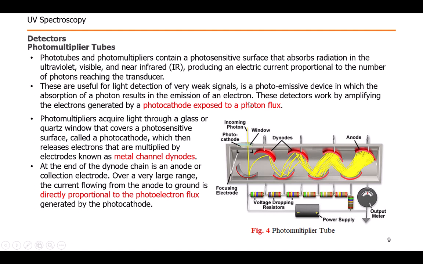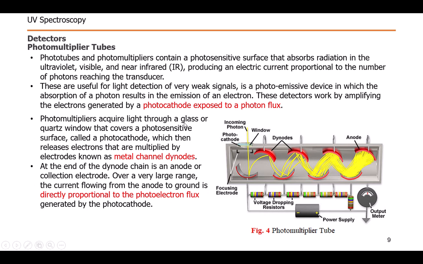The emission of electrons is amplified through a series of diodes, and then it is collected by the anode, which would produce a corresponding current of these photoelectrons, and this current will be directly proportional to the incoming photon energy. So photomultiplier tubes amplify the incoming photons in the form of currents, and then give it to the outputs.